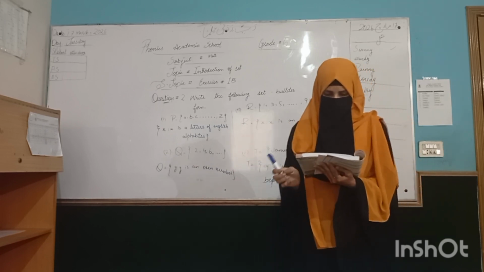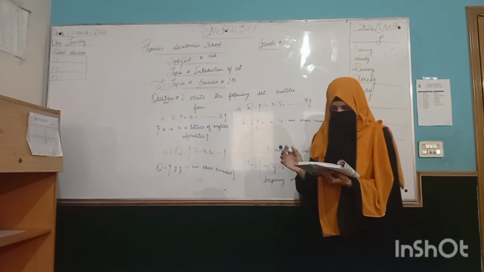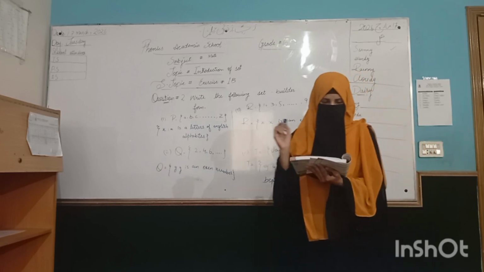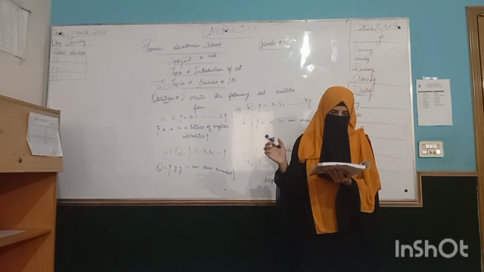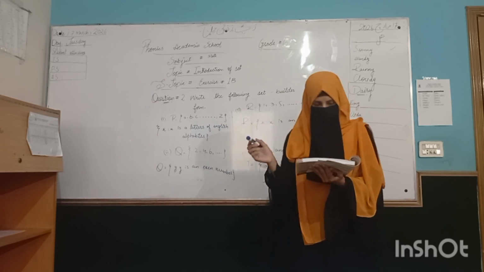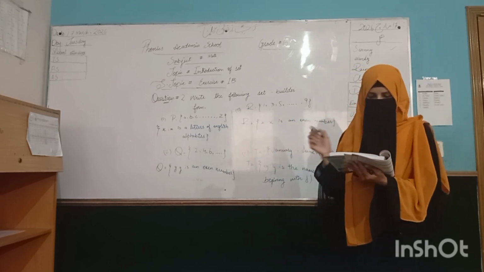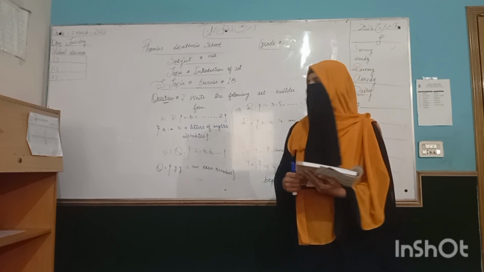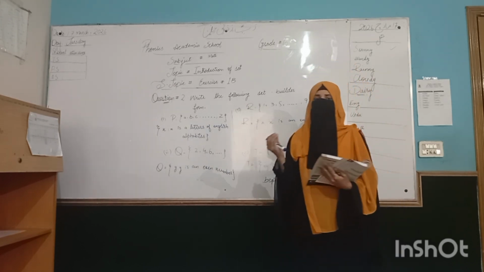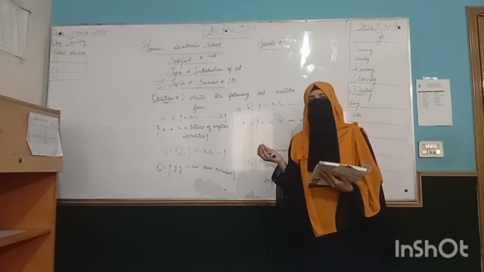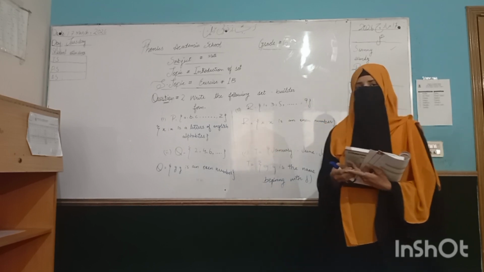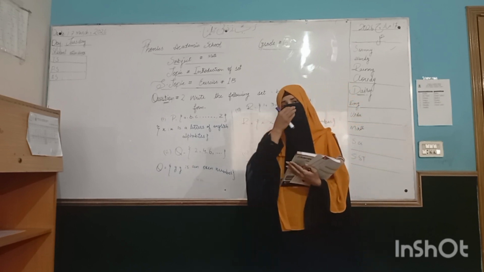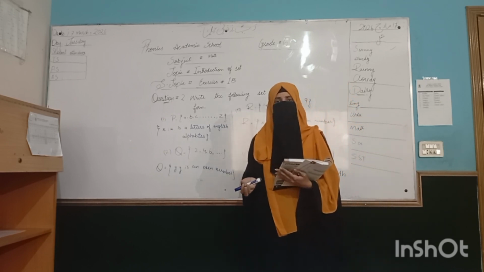A set of natural numbers less than 6 can be written with the description: set A of natural numbers. The set builder form is written as A equals the bracket x such that x is an even natural number less than 10. So students, according to the description, you write the set builder form in the ratio form, and after that you explain your statement, like it's a natural number, it's an odd number, it's an alphabet, so it's a word or a letter of a mango, like that.